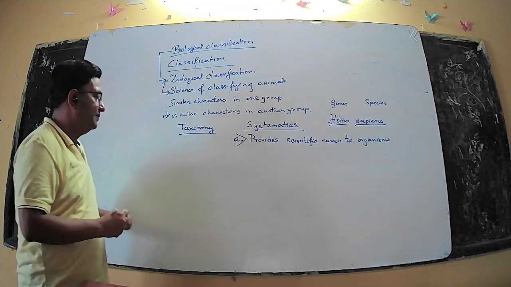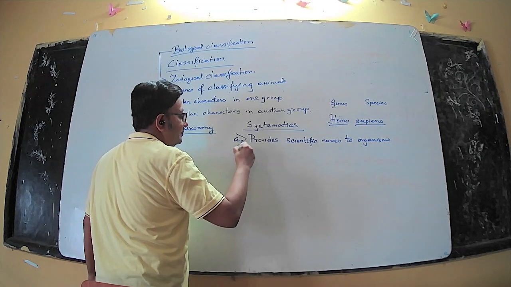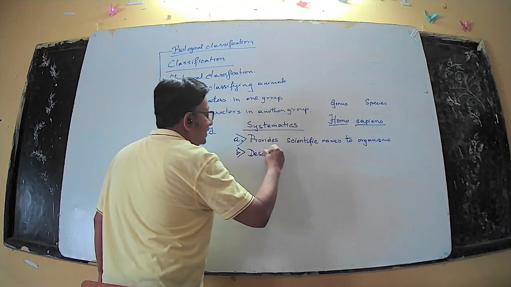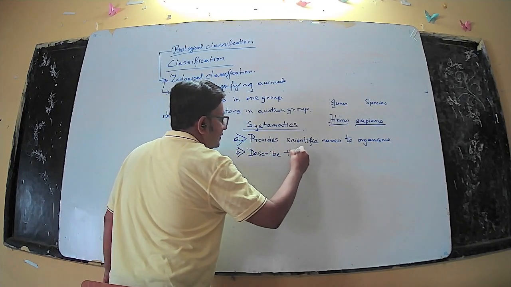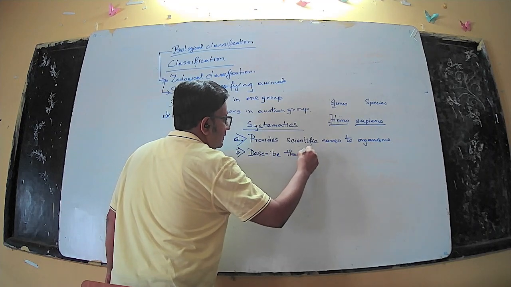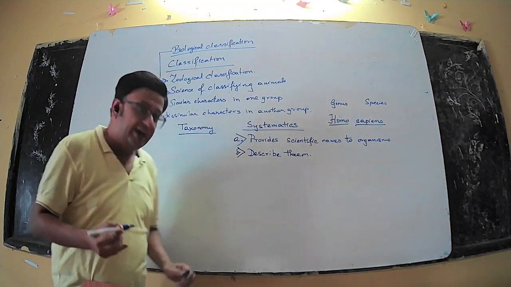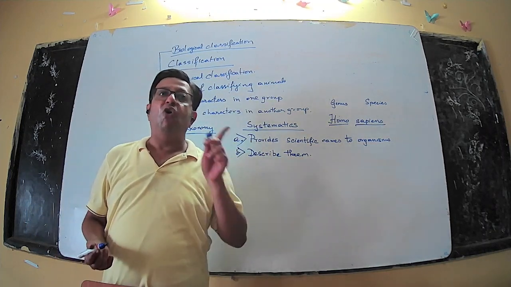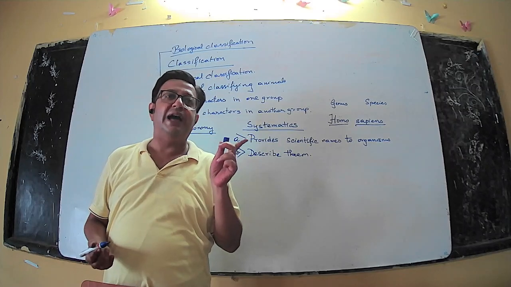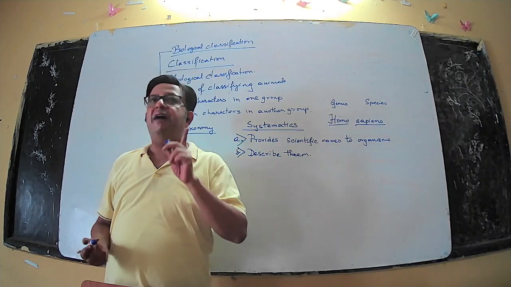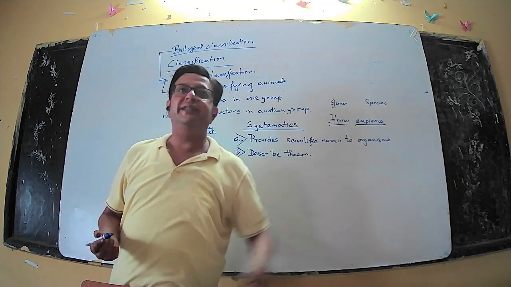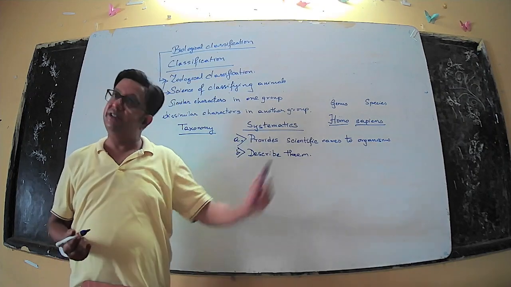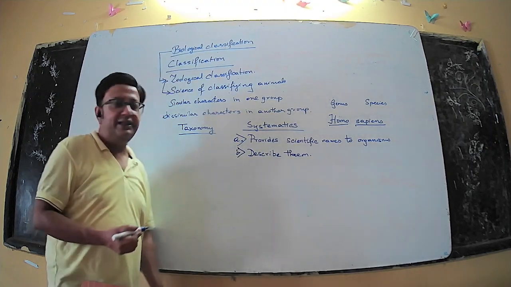Second is, you have to describe them. Giving them a name is not enough. You have to describe them. So all organisms which have been given the name Homo sapiens have to have these characters. You have to describe them. So this is also done by systematics. And the third is